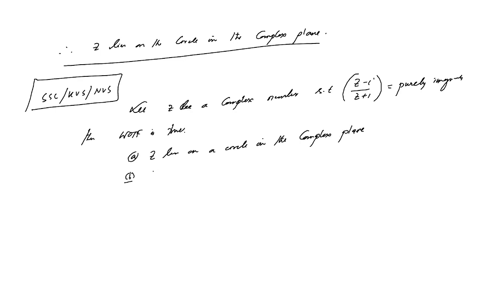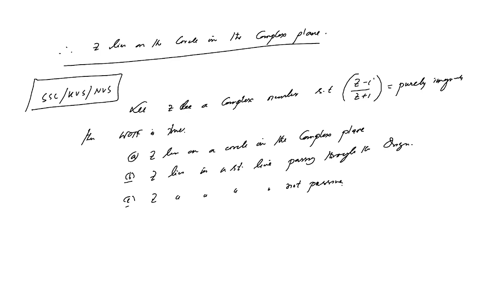Option B, Z lies on a straight line passing through the origin. Option C, Z lies on a straight line not passing through the origin. And option D, Z lies on an ellipse. So obviously option A will be the correct option and all other options are